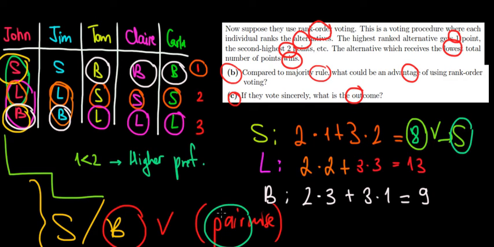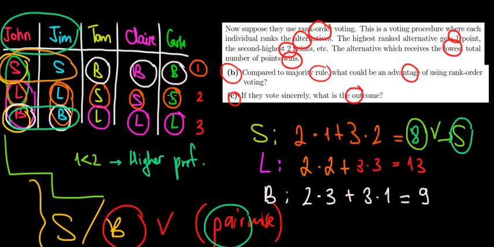Why is there this difference? Because the bar is the first option for 3 people. The majority benefits from going to the bar, but the minority, John and Jim, suffer a lot because the bar is their least preferred option. So the bar hurts those 2 people. With rank order voting, the point is that we care about the minority as well. We don't want the minority to end up with the worst option, but at least with the second preferred option. Although S is the first choice of only 2 people, the swimming pool,